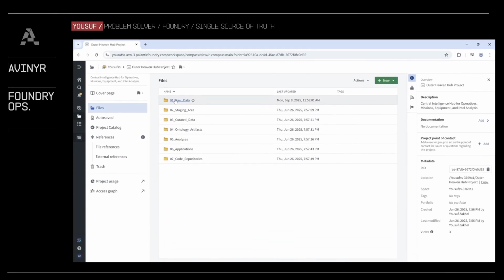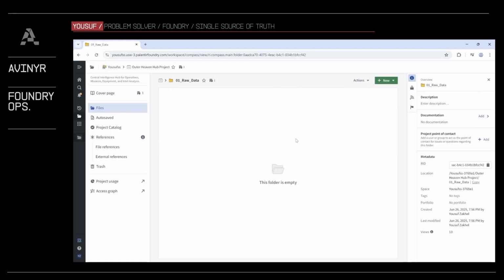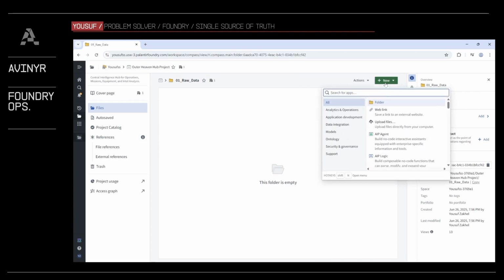We'll begin in our raw data folder, as we established. This right here is our digital evidence locker. The data that lands here is the original, untouched source material. We never modify anything in this folder. We only read from it. So, it's empty right now, and to bring our data in, we'll use this little plus menu,